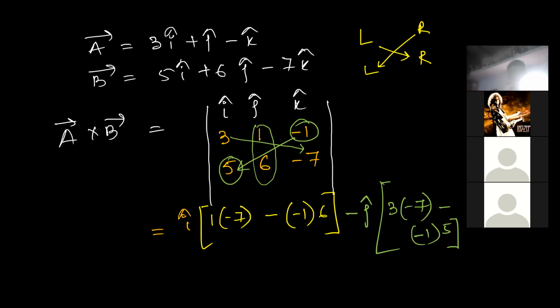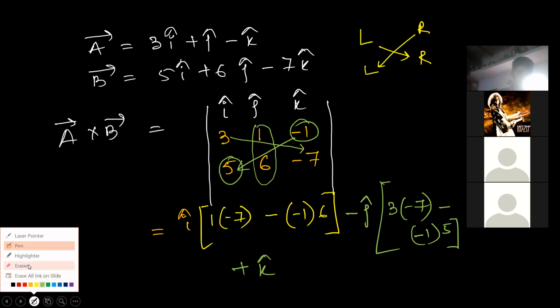Because with respect to j cap, whenever you are calculating, the multiplication process should be reversed. But if you don't want to reverse the process of multiplication, if you want to remain it unchanged, that's why you have to give a minus sign for j cap. After that, we have multiplied 3 and minus 7 from left to right, right? Then we have implemented a minus sign, then right to left. Now for the case of k cap, it should be positive like the i cap. You don't have to do any extra thing.